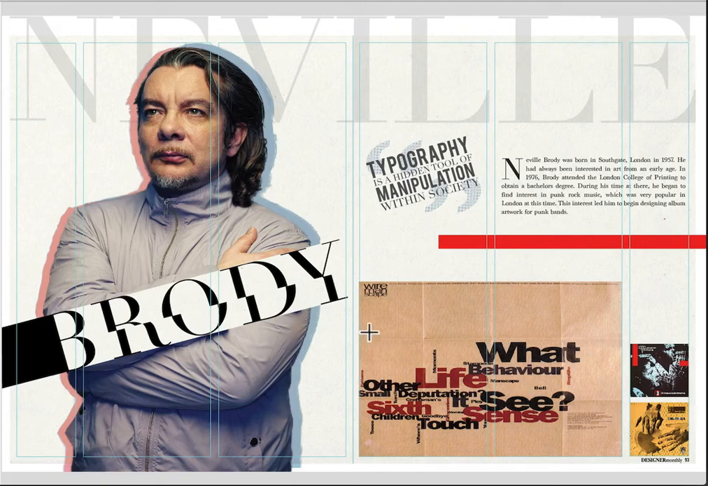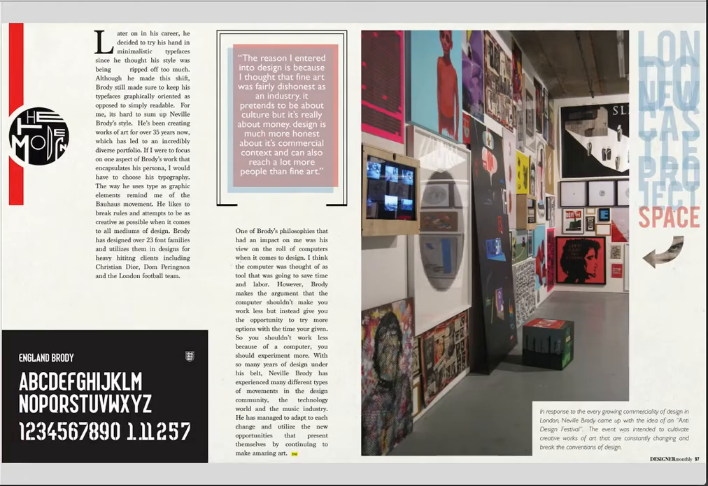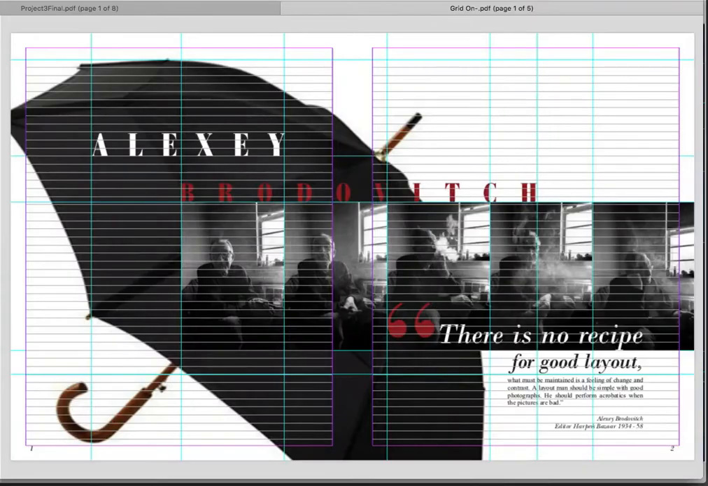This is a good example of the kind of type that he did. He was very edgy and one of the very first edgy typographic designers, and he was also influenced a lot by Dada and by constructivism. So that's Neville Brody. And our next designer